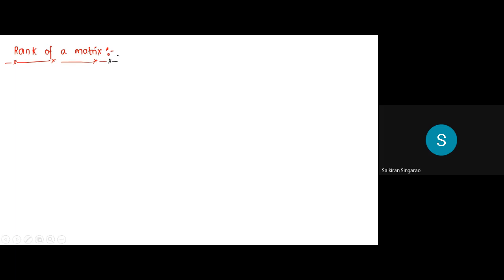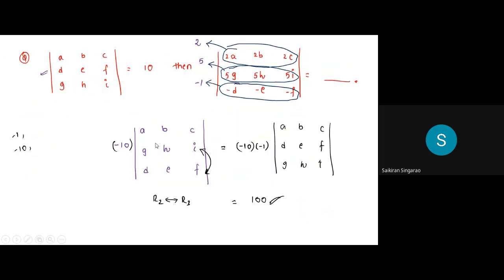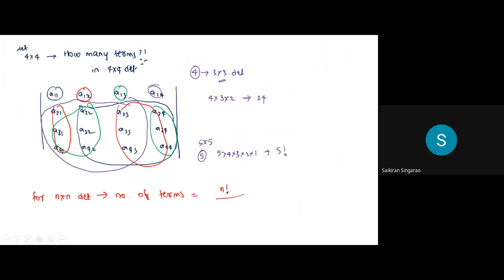No idea, right? You can say no idea if you don't have any idea. No idea, sir. Okay, very good. No idea means very good, because there is no false idea also there. So you'll make a correct idea about this. So please listen to this carefully and try to understand this. Now, there is a lot of concept behind the rank, which I was telling from the start, which involves vectors.